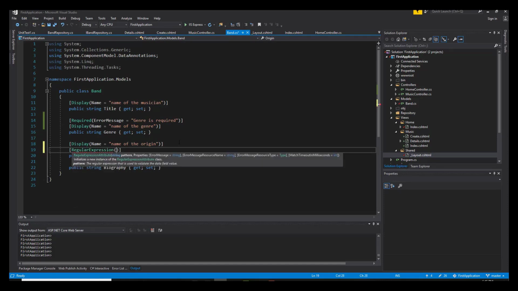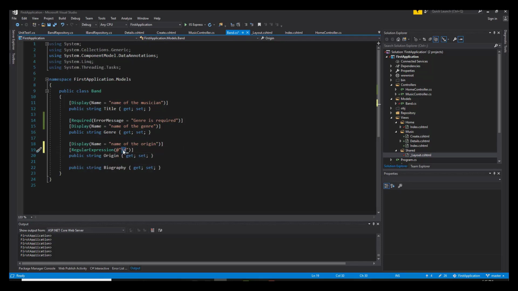And then the first argument to it should be a string, an escape string, so that it's basically a raw string format. And then you use whatever sort of validation you want. So in this case, this is a regular expression that says that there must be